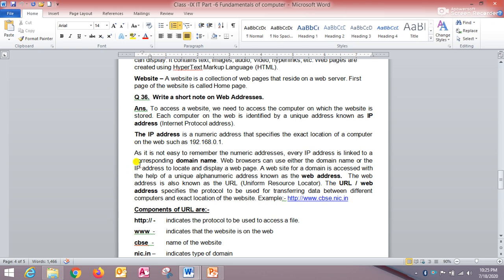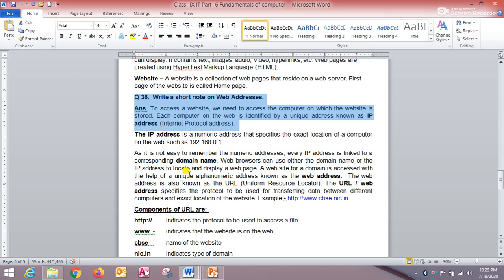Just have a look how we can do. Suppose I am selecting here question number 36, write a short note on web address and the answer. That part I have selected to copy the text. First of all, you have to select the text and go to the home tab. From the clipboard group, select copy option, right?